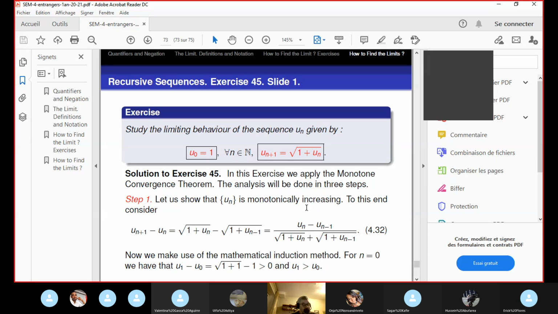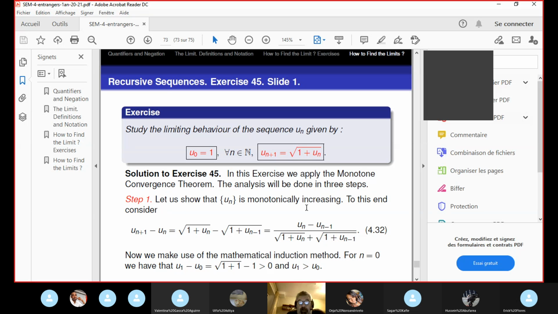So usually, in this case, people use the monotone convergence theorem. So we will apply this theorem and we will do the proof or the analysis, whatever you want,